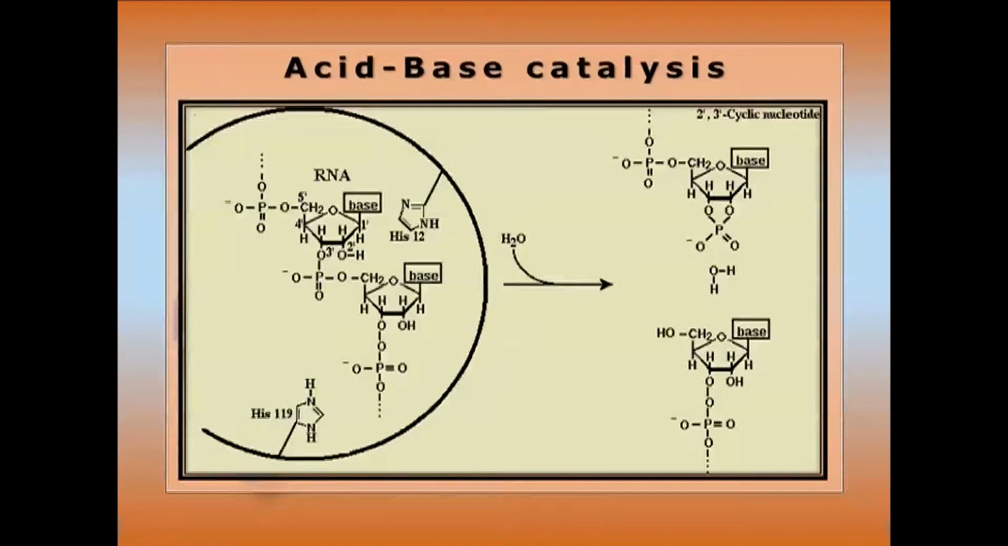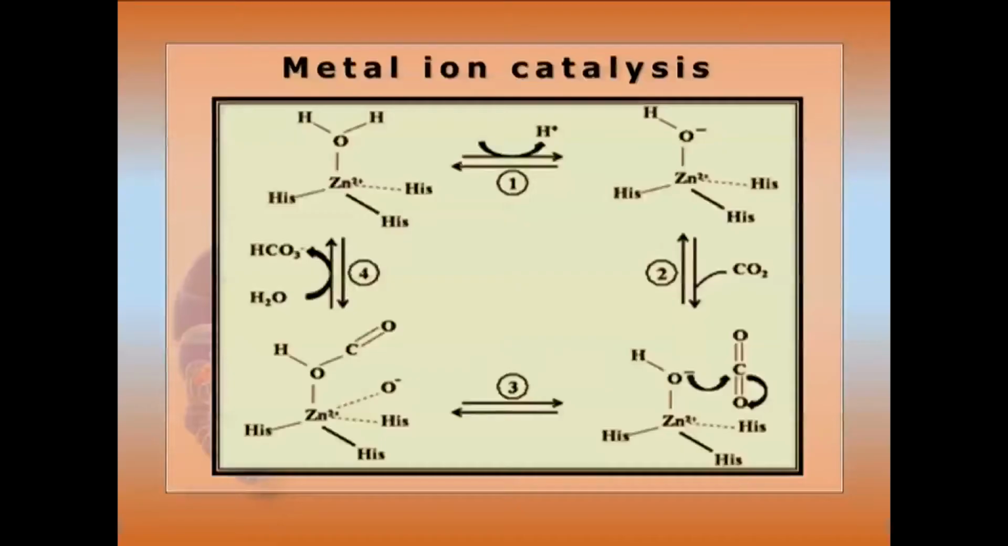General acid-base catalysis is found in case of RNase catalysis. There are two highly conserved histidine residues, histidine 12 and histidine 119. Having an imidazole group, they can act as a general acid as well as a general base, which facilitates the RNA hydrolysis as well. Metal ion catalysis. In case of carbonic anhydrase, we can find the presence of zinc ion, which helps